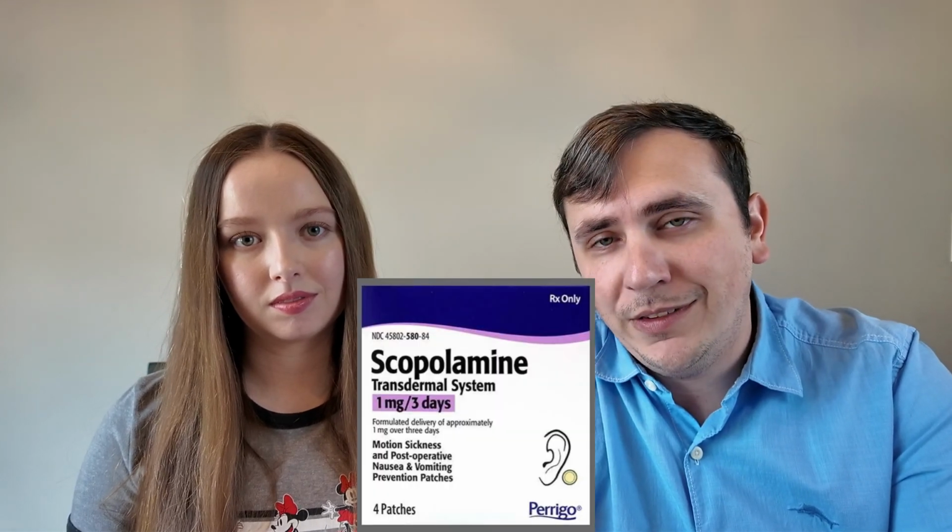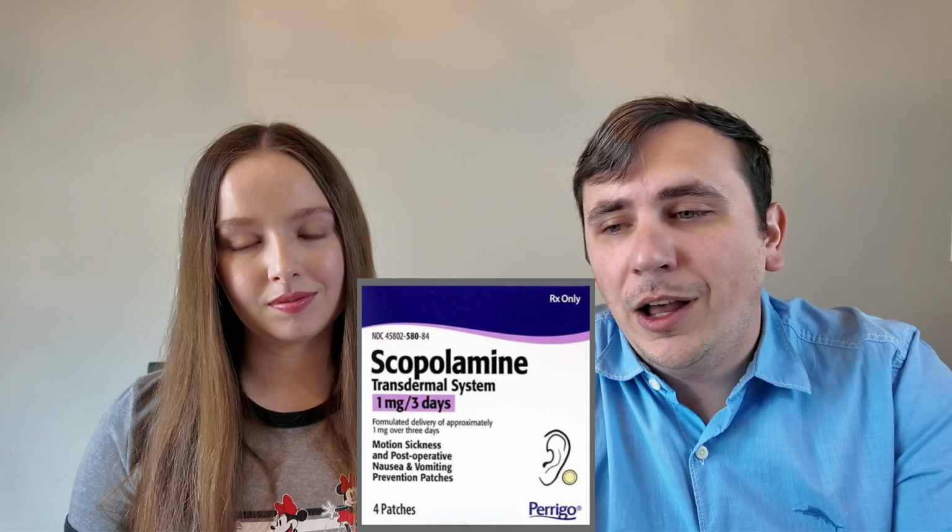And then the last thing that we will mention, which we have not personally used, but I know it is very common, is a prescription medication, and it is the scopolamine patches that go behind your ear. Similar to Dramamine, it does make you pretty drowsy, but these patches last for 3 days, so you don't really need to worry about taking a dose every day. If you are prone to motion sickness, these are going to be a little more powerful than Dramamine, just because